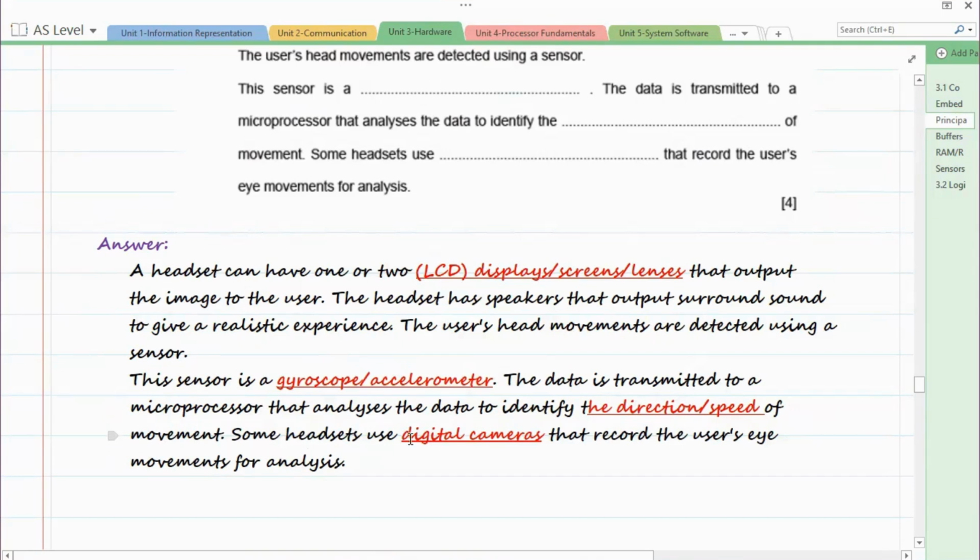And some headsets use digital cameras that record the user's eye movements for analysis. So that's the 4 pointers for these 4 blanks. If you have guessed it right, you'll get 4 marks.